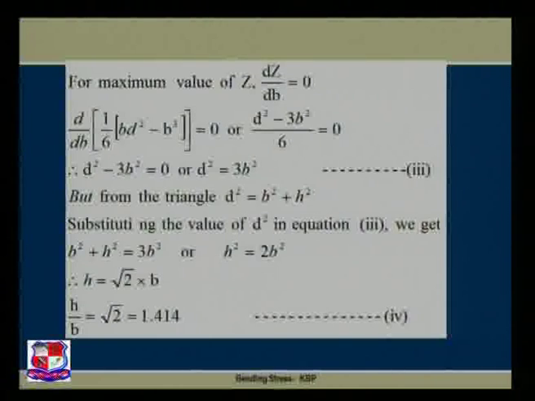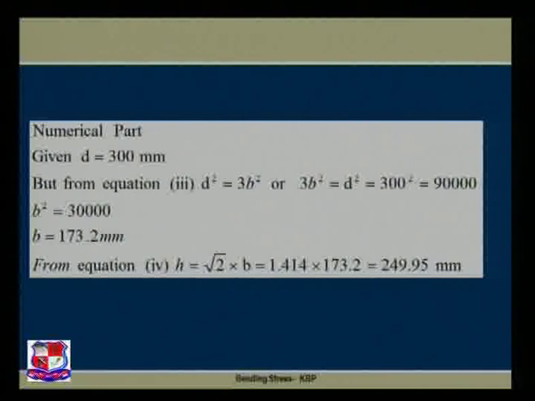Now the numerical data, where D is given to us as 300 mm, the diameter of the log of wood, and we know the relation between D and B, that is 3B square is equal to D square, which is 300 square, 90,000, and we get B is equal to 173.2 mm and H is equal to root 2 B, which is equal to